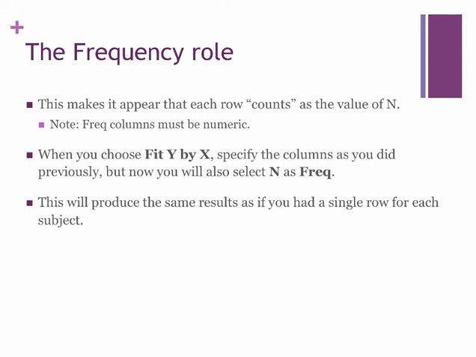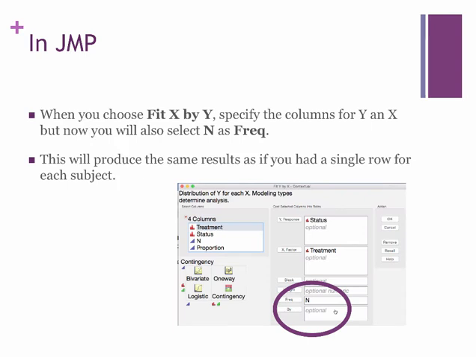It's important to note that frequency columns must be numeric. So even if the data comes to you in character form, you need to make sure to tell JMP that it is a numeric variable. It is a count. You can also change it from categorical to numeric in the Columns menu under Column Info. If you take your 2x2 table and create a new data set, or a frequency table in JMP, you will get the same results as if you had a single row for each of your subjects. You would do a Fit Y by X,